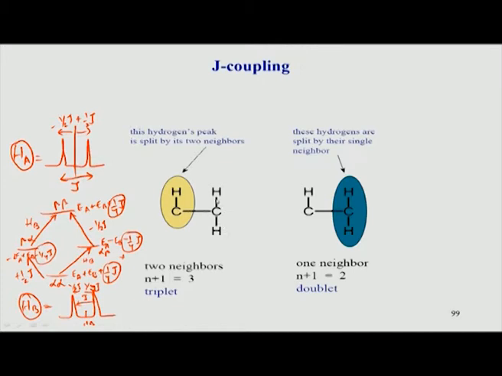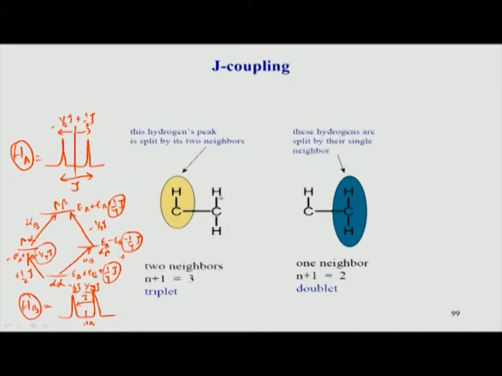Remember, J coupling is always through bond, which means that this hydrogen shown in the yellow shade is interacting with this hydrogen via 1, 2 and 3 bonds. Similarly, this hydrogen is interacting with this hydrogen also via 1, 2 and 3 bonds. Now, this is an assumption, let us suppose that these 2 hydrogens are equivalent. Please remember, this is not always the case. It is not always possible to say that 2 hydrogens like this are chemically equivalent. They may or may not be. Therefore, it is very important not to assume things,